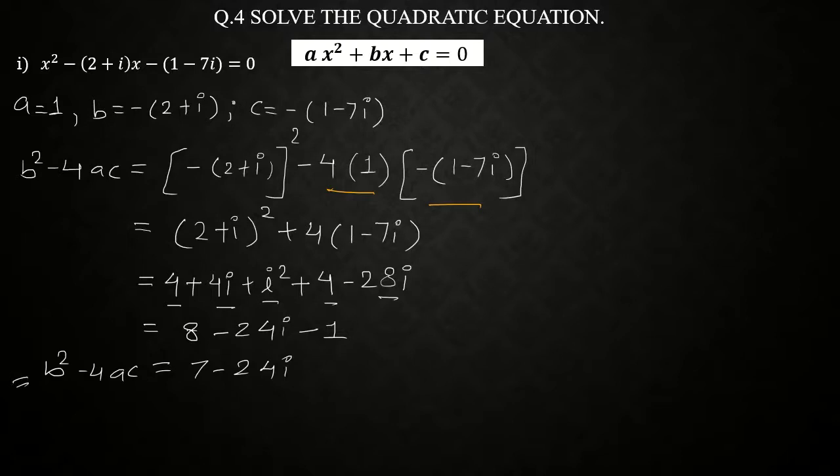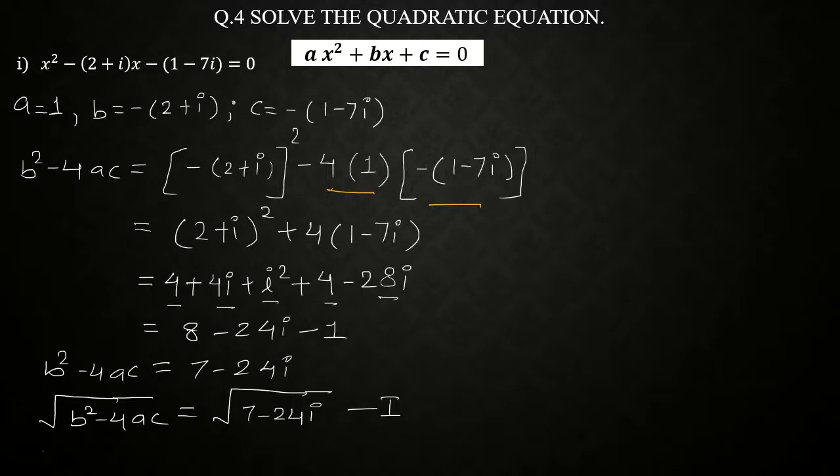तो वहां पे टर्म्स को लेंदी बनाने से अच्छा है कि हम यहीं पे उसका स्क्वायर रूट फाइंड कर लेते हैं. सो स्क्वायर रूट ऑफ b square minus 4ac is nothing but equal to square root of 7 minus 24i. So we have to find out square root of 7 minus 24i. So this is our equation number 1, जहाँ पे हम under root of 7 minus 24i रखेंगे. So this we have done already in a previous lecture, how to find out square root of a complex number.